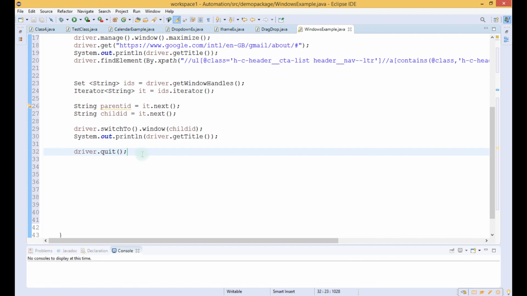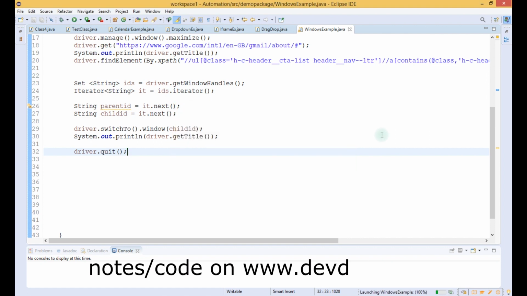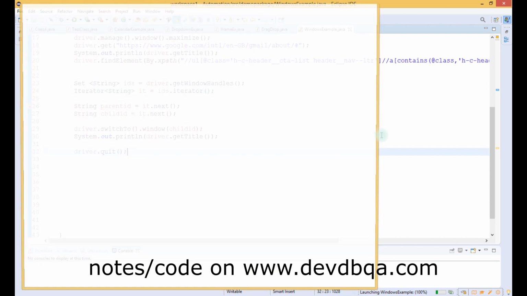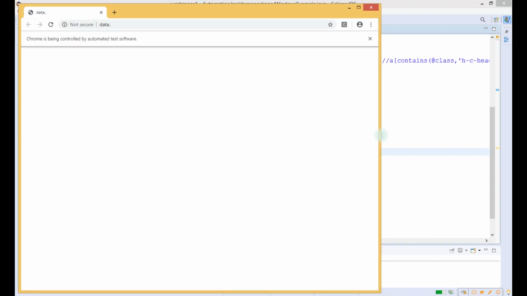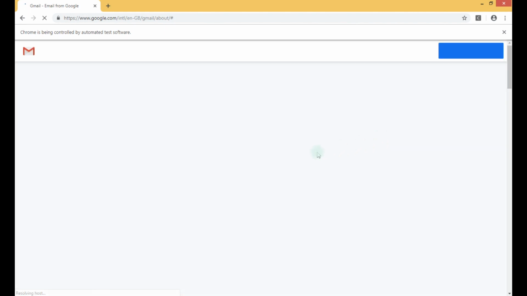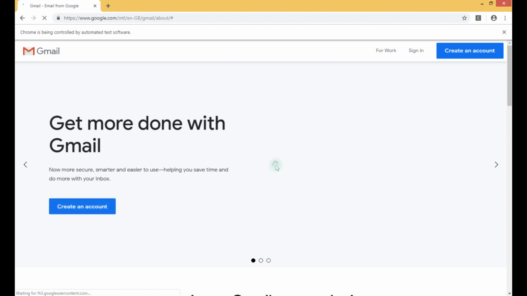So this is our program. Let us save it and click on the run button to see what happens. Now the Chrome browser should be invoked. As you can see, Chrome is getting opened and the Gmail page is being opened, and after loading it will click on the sign in button.